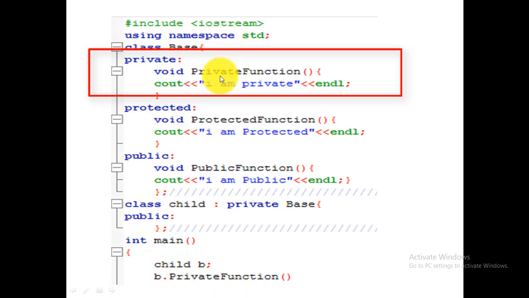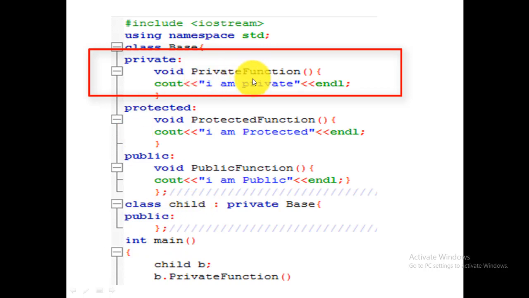Can we access the private function? No, we cannot access the private function because the base class is private. Moreover, the private function is private too. It means this function can only be used by the members of the base class. The private function cannot be accessed outside the class or even in the child classes.